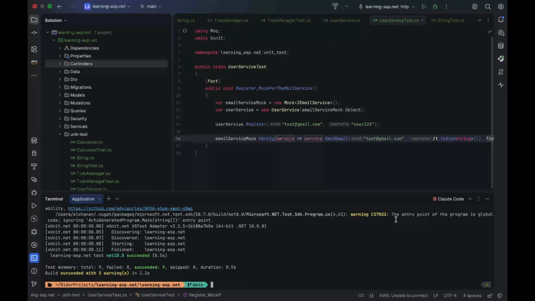And all of our tests are running beautifully and successfully. So we went over unit tests. Next, let's talk about integration tests. An integration test is a type of software test. An integration test is a type of test that verifies whether multiple components of our application work correctly together as one